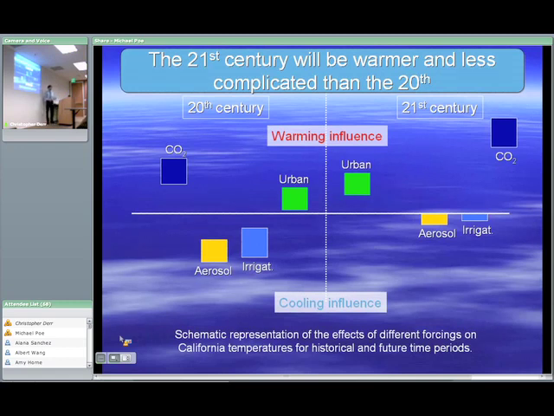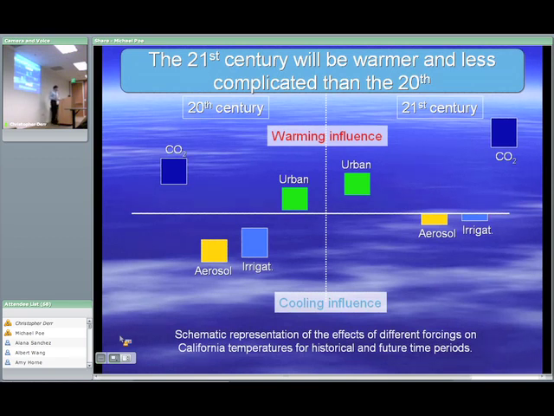The 21st century, in all likelihood, is going to be simpler. One reason is, of course, there's going to be more greenhouse gases in the atmosphere. So that's a big warming influence. There's going to be more urbanization, clearly. That's another warming influence, although much less important. Aerosols are going to decrease more as we continue to clean up air quality. Good thing. Irrigation also clearly is going to decrease, and part of that is simply the paving of the Central